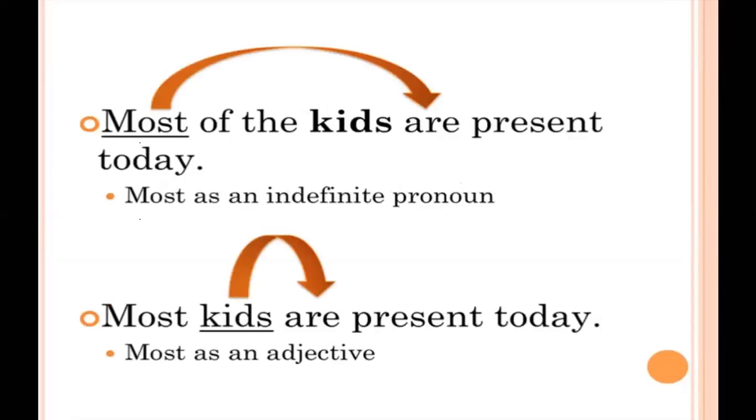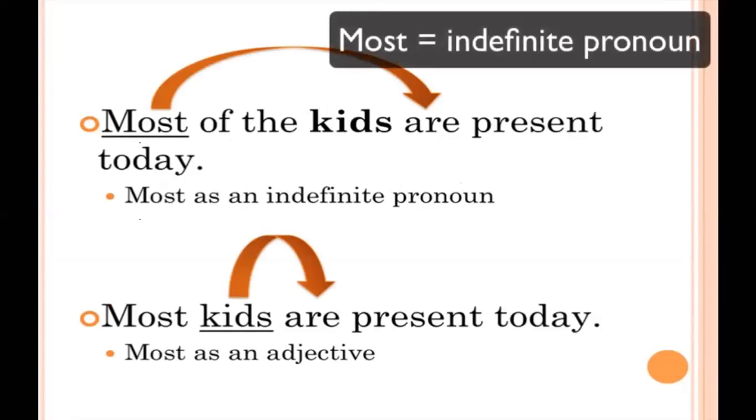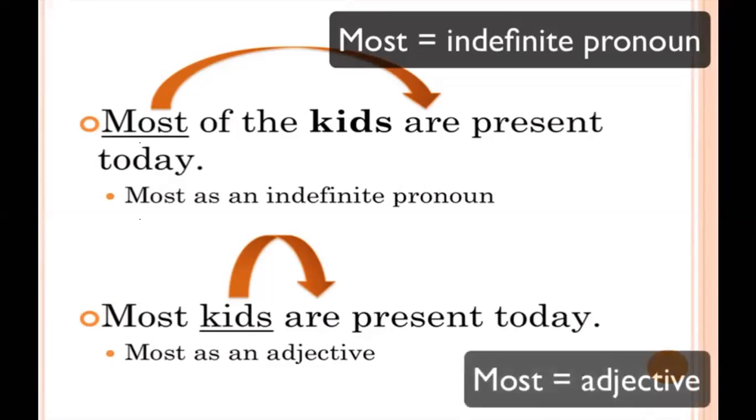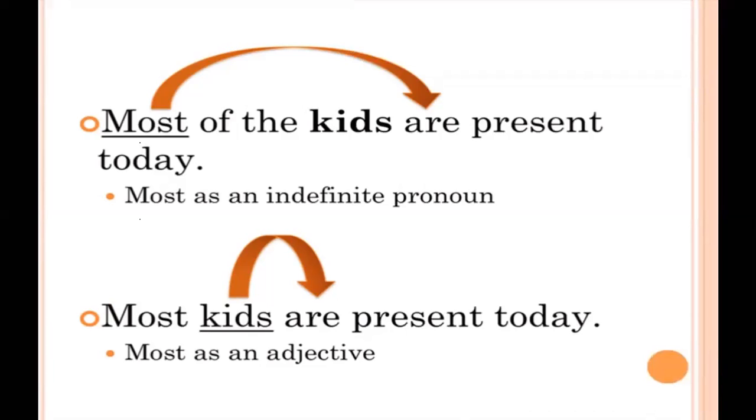So here are those sentences explained a little bit. The first one, most of the kids are present today. The word most is used as an indefinite pronoun. And since most is one of those words that could go either way, we then look at the prepositional phrase to help us. In this case, most of the kids takes the plural verb are. Now if we go to the bottom, the word most is used as an adjective, and it further describes kids. It answers the question, which kids? Well, most kids are present today. And in this particular example, both of those sentences are going to take plural verbs in the form of are.